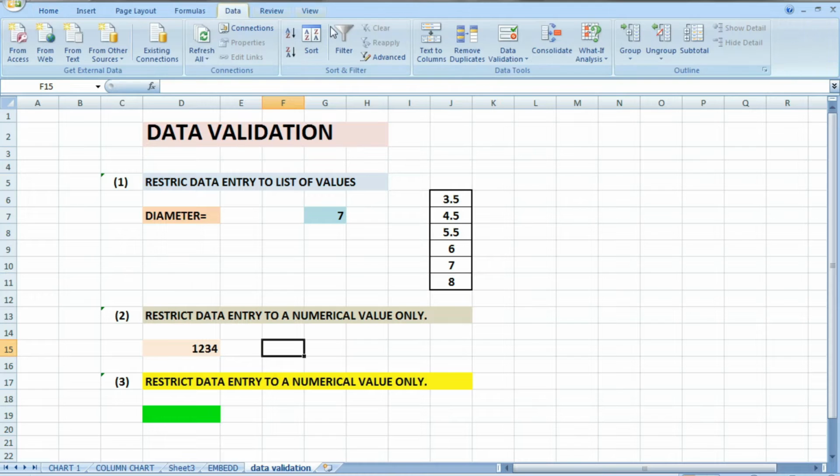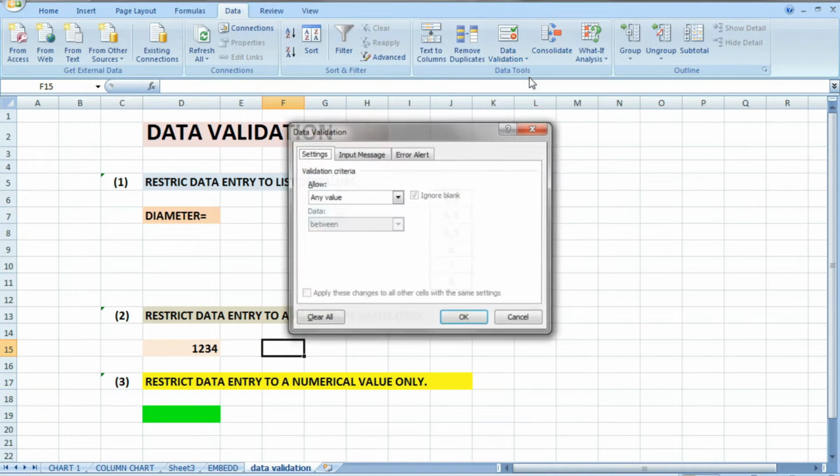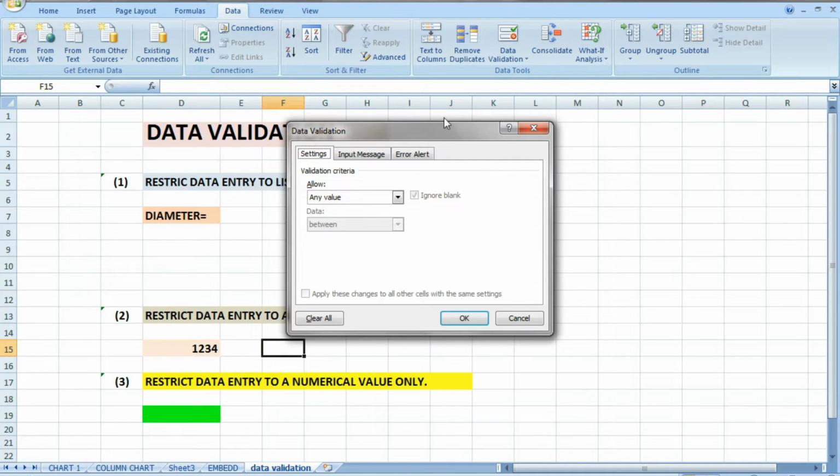Go to data, then there is data validation. Now choose custom, right? And here the formula is equal to ISNUMBER, and the cell is F15. F15.